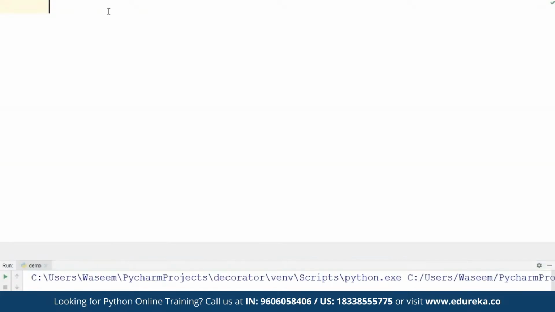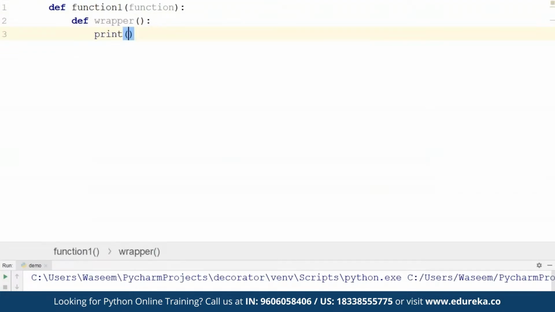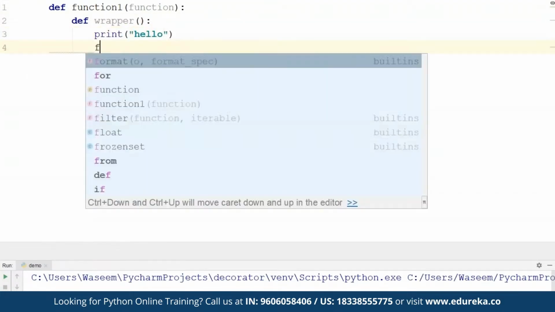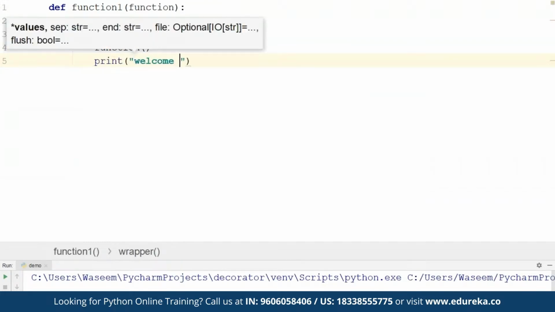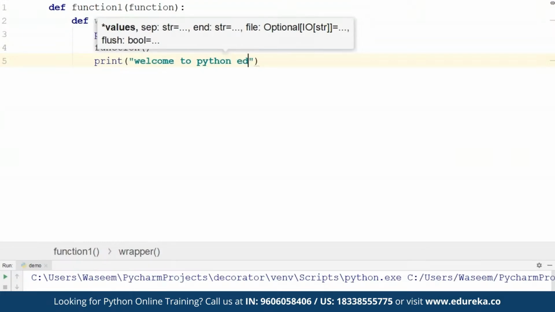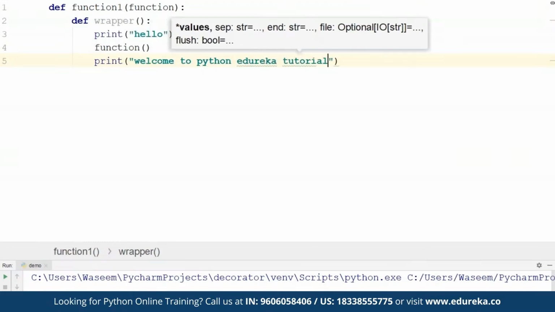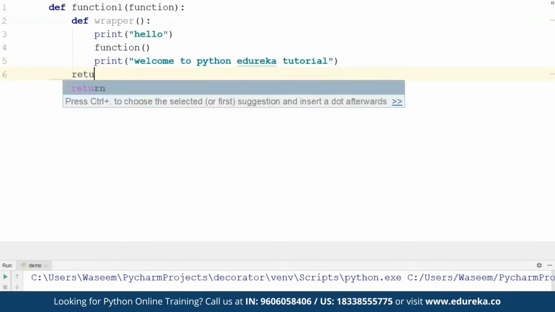Now I'm going to take a simple decorator example. So I'll just define a function. And inside this, let's say I want to pass a function as an argument. I'll name it as function 1. Now again, I'm going to define a wrapper function. This is my inner function, guys, and this is basically the decorator that I'm going to use here. I'm going to pass function again, so you'll see what it does, and I'm going to print one more statement after this. So let's just say welcome to Python Edureka tutorial. Now I'm going to return wrapper over here,